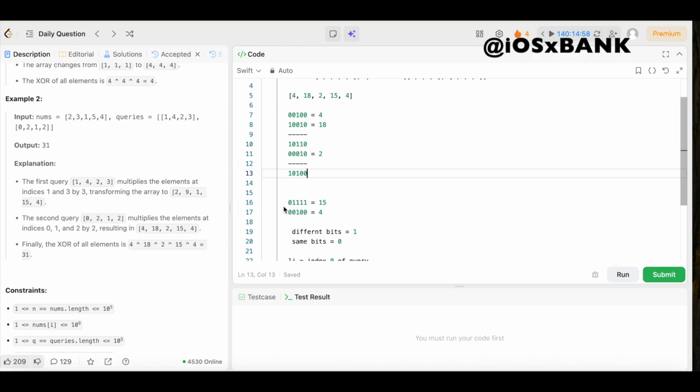Now it is time for 15. So let's bring 15 on up. Boom. So different bits is going to be 1. So different bits is 1, 0 is different, we put a 1, 0, 1 different, put a 1, 1, 1 the same, put a 0, 0, 1 different, put a 1, 0, 1 different, put a 1, boom,